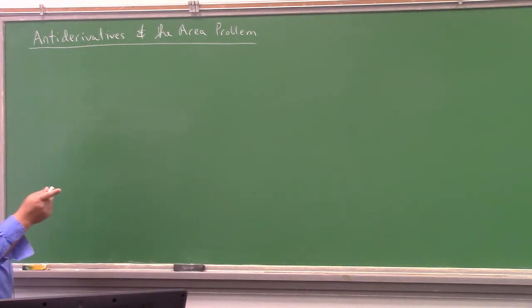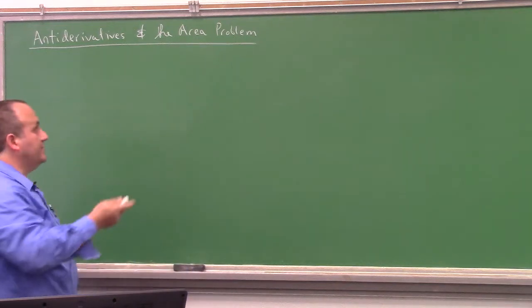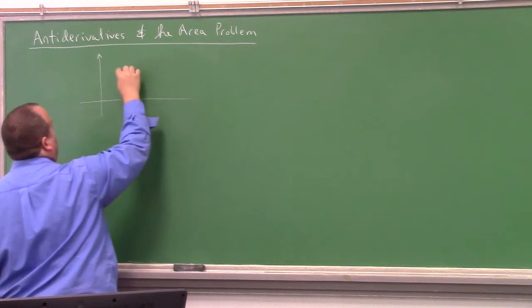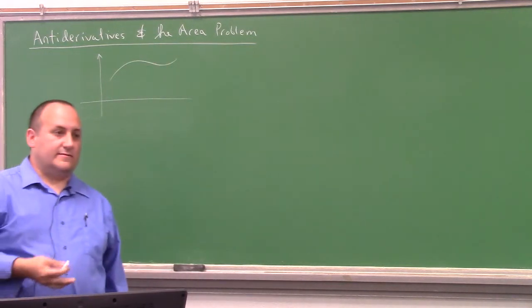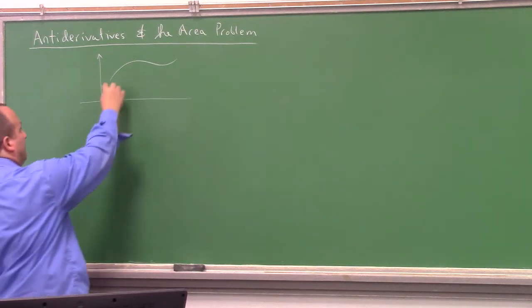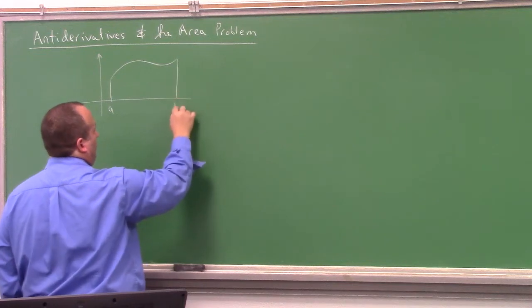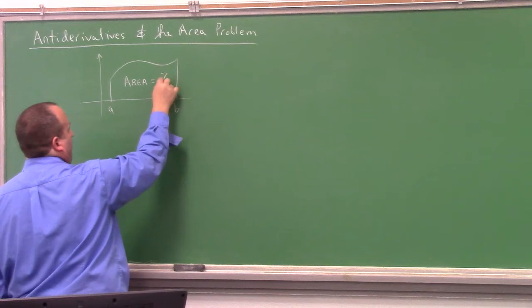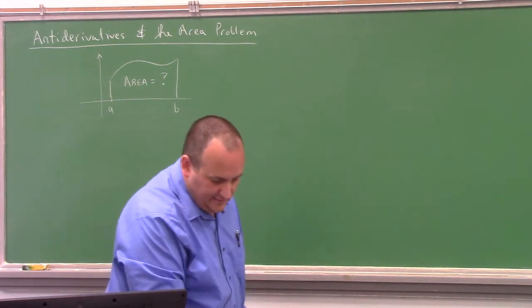But there's two main problems we solve. The one is the tangent problem, which we've already solved, right? And the other is the area problem, right? And what's the area problem? The area problem is essentially this. If you have some function, let's say it looks like that, what's the area under that curve, right? If we go, say, from A to B, right? What's the area in here? Right, so that's the question that we'd like to ask and answer